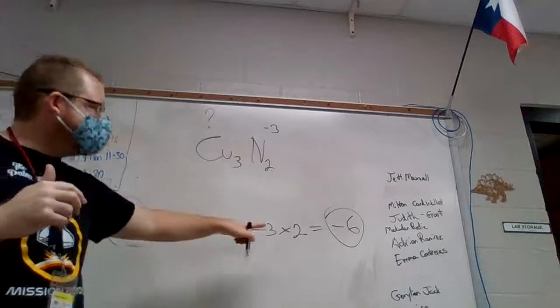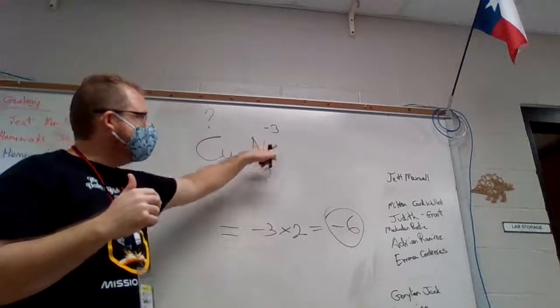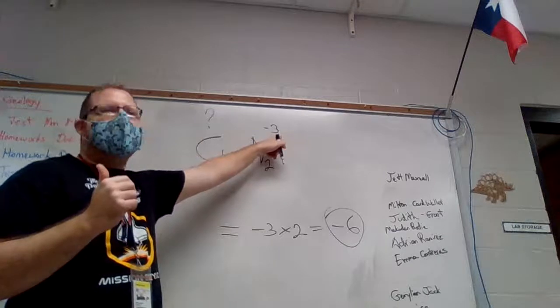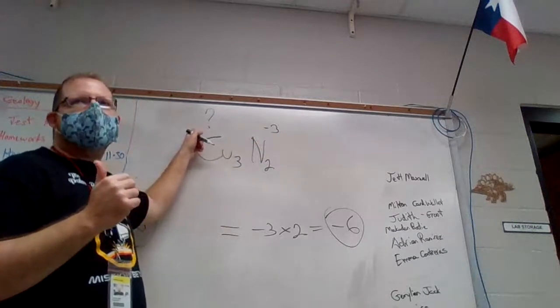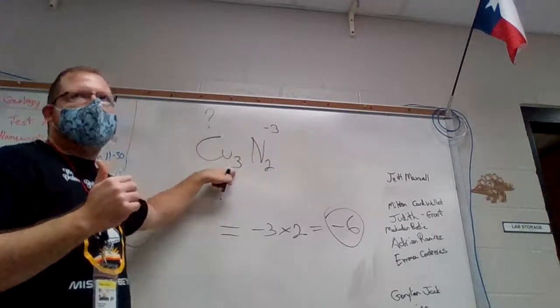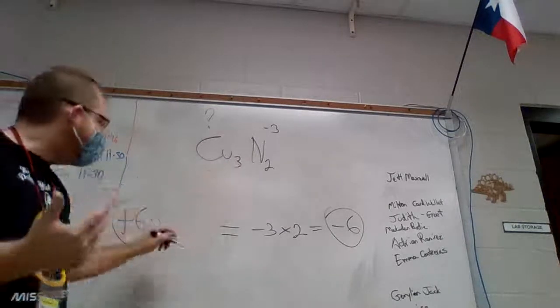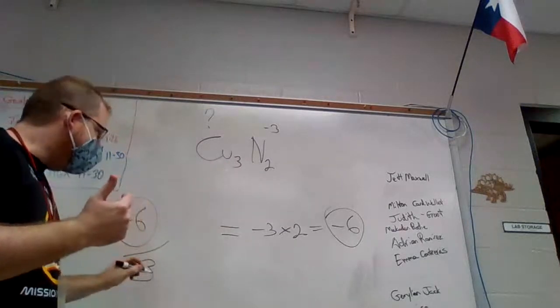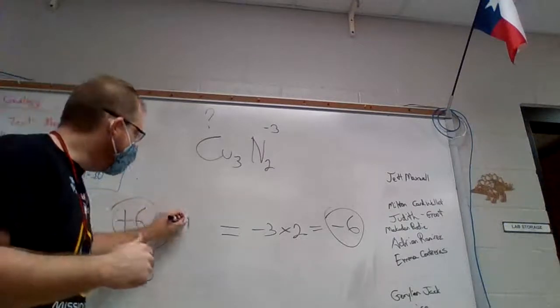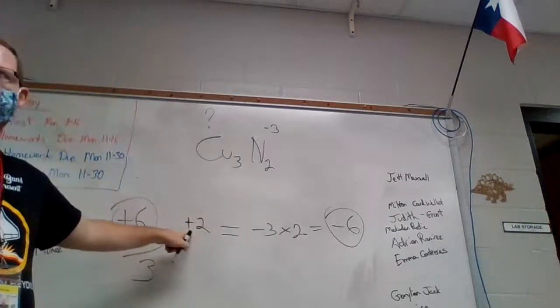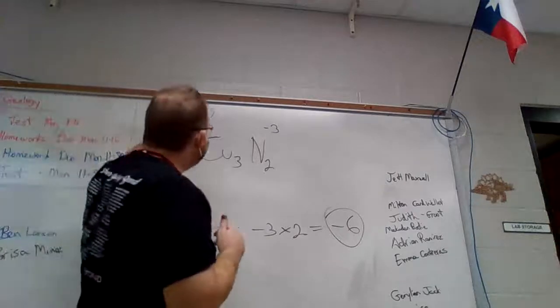So what I'm going to do, instead of multiplying this number by my negative, I don't know my top charge up here. I need to divide. I take my positive and I divide by the number of atoms that I have. So what's 6 divided by 3? It's a +2. So +2 is going to be the charge that I have here. And now when I fill that in,